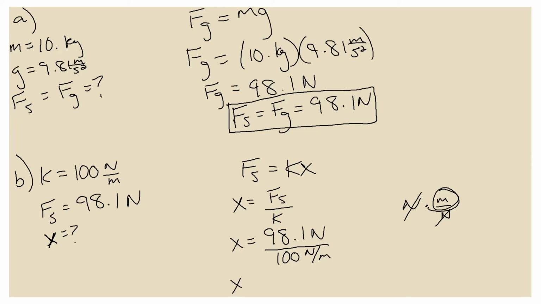And since we're dividing by 100, all we got to do is move the decimal point back over 2 places to the left. So we get 0.981 meters. And that's it. It's very important to remember for this problem in particular, but for a lot of Hooke's law